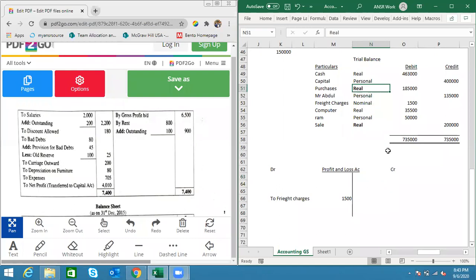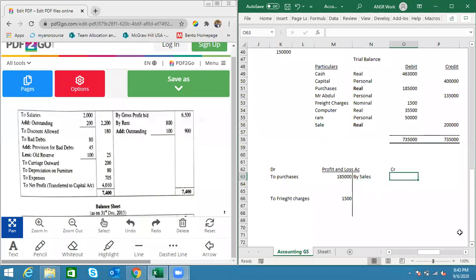Is it an income? Is it an expense? Expense. Awesome. Now I'm putting it as "To Purchases." Amount is 185. Sales is income or expense? Income. I'll put it as "By